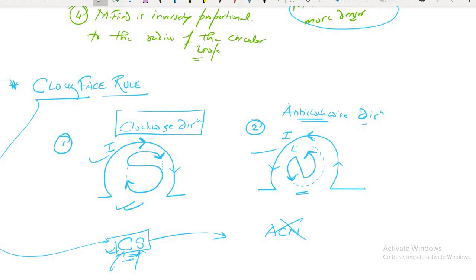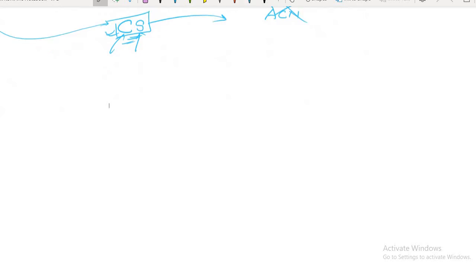In the last class, you have done till the clock phase rule. I have given the information regarding what is the clock phase rule and how to remember that. If you remember computer science, that is CS: C for clockwise direction and S for south. If you remember that, then you will remember the clockwise rule. Okay, today we are going to